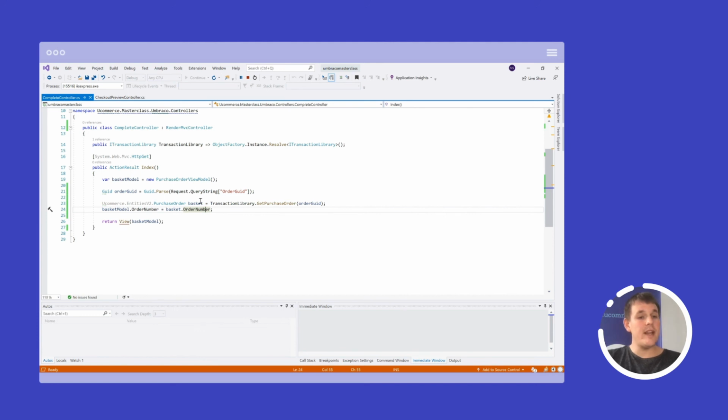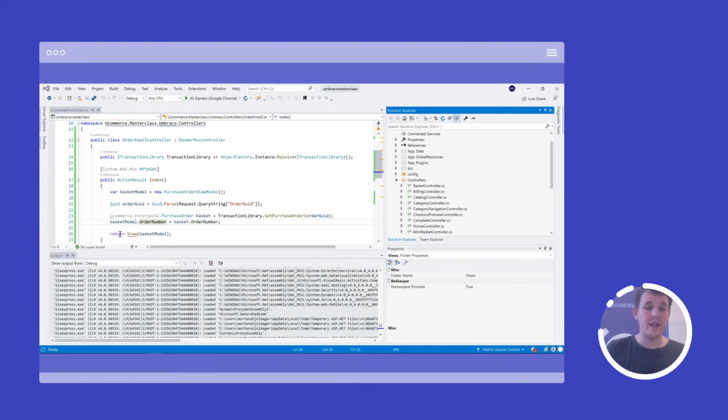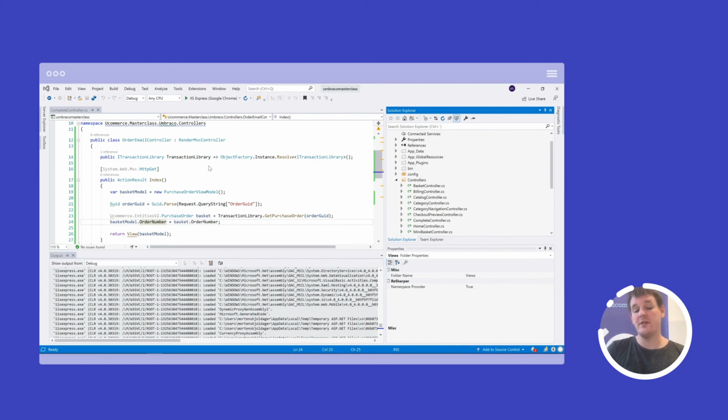When we send out emails, let's take a look at the email controller. Okay, so here I have my order email controller, and the cool thing about emails in UCommerce is that they are sent out just like any other page is rendered in the CMS.